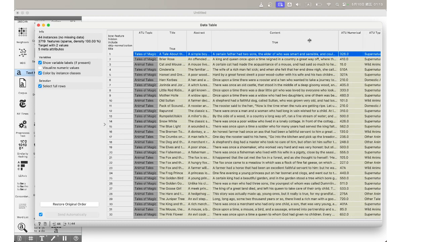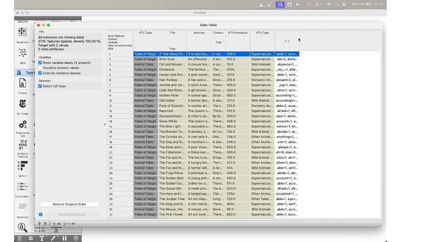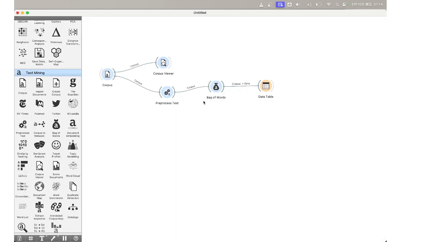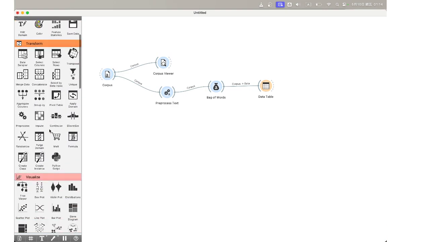Right, it's a very long content, and you can see that after bag of words, we can count. In this table, we have one able, one accord, one actual, one afraid, one ago, and seven are, one air, and so on and so forth. So that is a very big table to record the frequency of occurrence of each word. Since we have this table, we can perform any